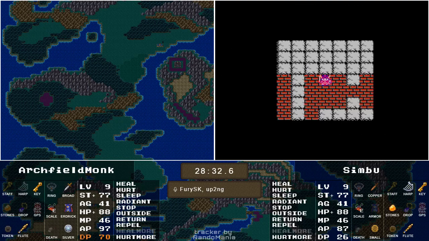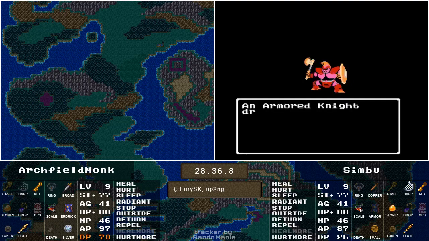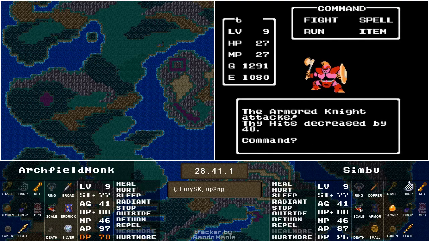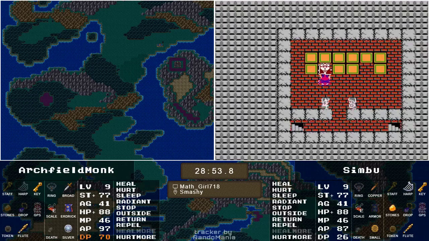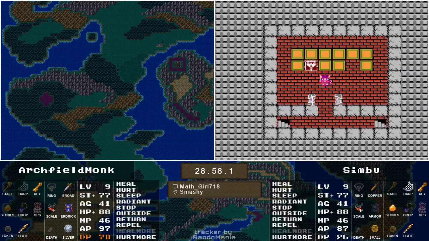He's got Hurtmore and 27 MP to work with. He could go looking for Erdrick's sword right now, because he's got an extra key. But here's the Armored Knight, might have something to say about that. Alright. So I expect that he may follow the same path that ArchfieldMonk did and will eventually end up with